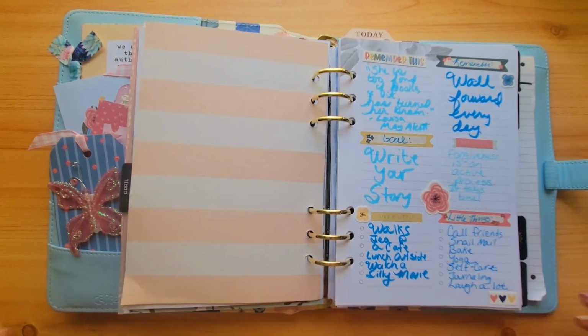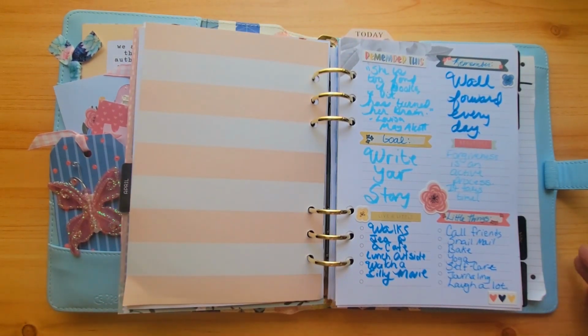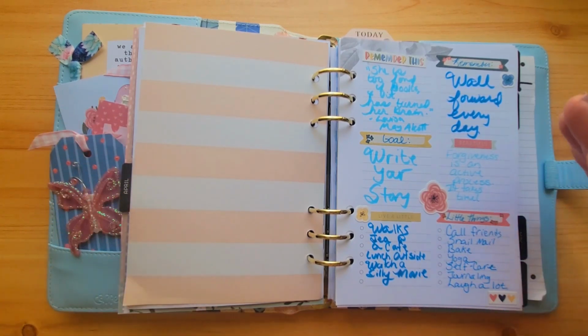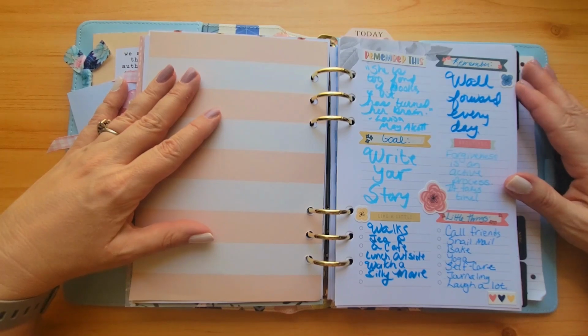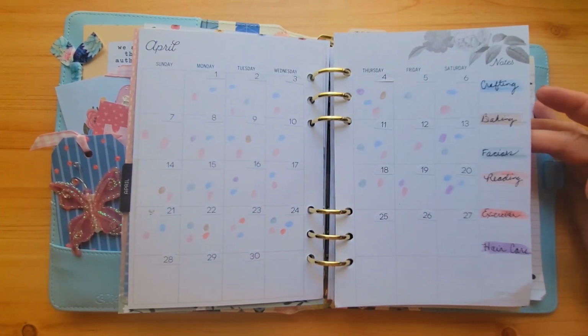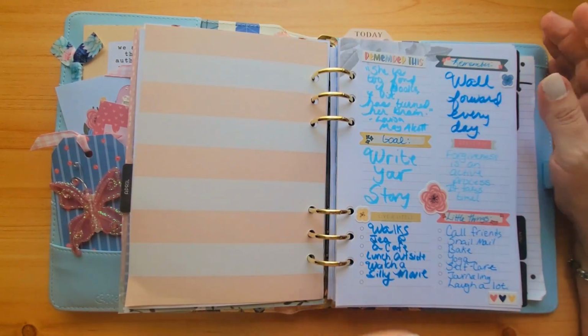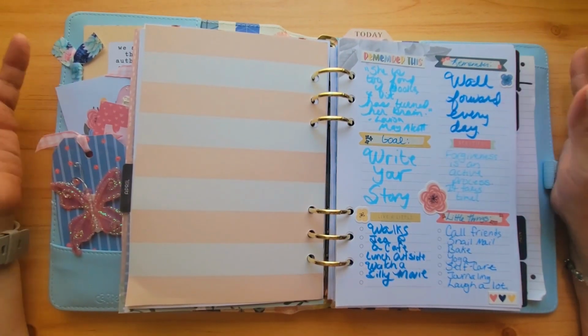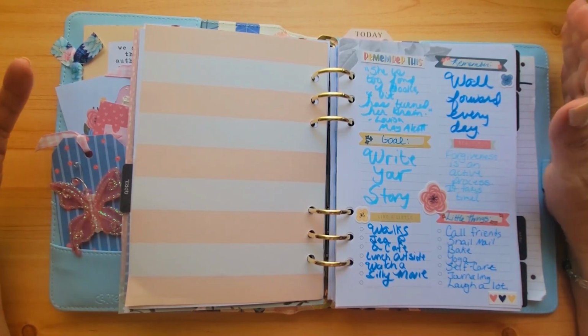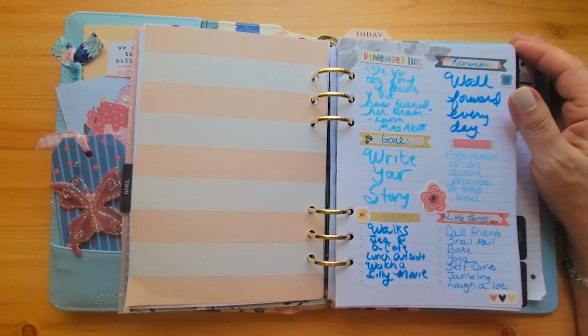So what can I give you as a number one tip to keep up and use your planner? Think differently about planning. Again, habit tracking is one of the things I do in here. Maybe you do, maybe you don't, but that's one thing to think about. Reframe how you're using your planners. I also